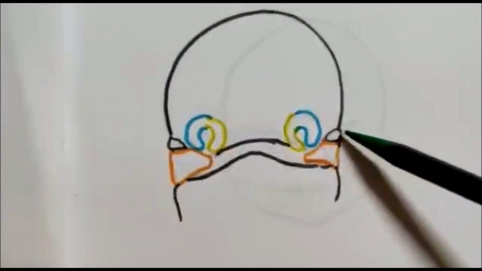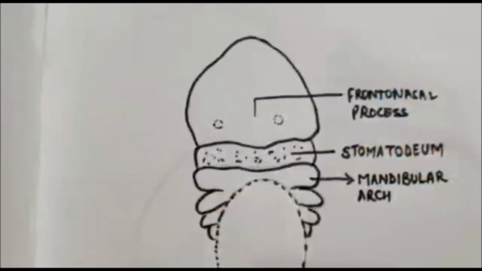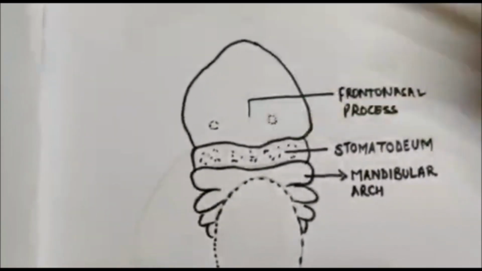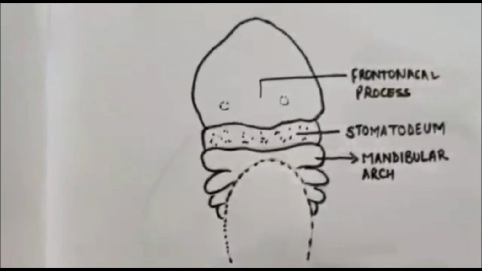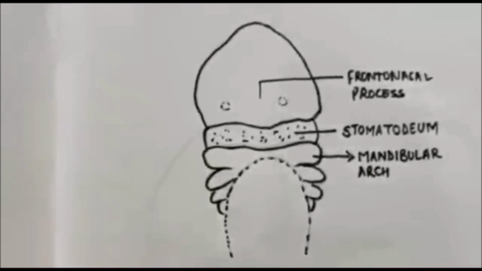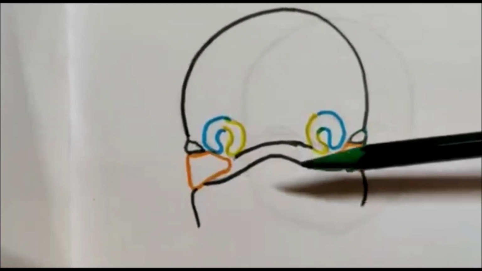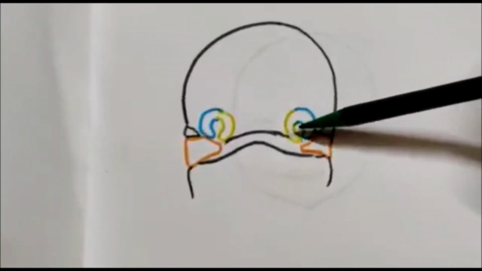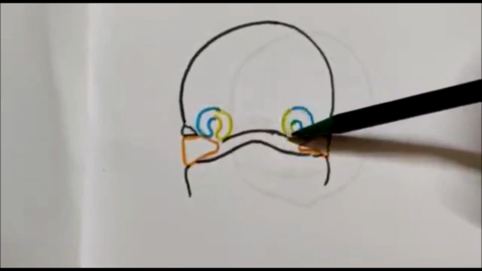At the same time, towards the lateral side, the eye starts developing. The frontonasal process has two thickened areas which are formed by the ectodermal thickening called nasal placodes, and these nasal placodes also appear by the end of the 4th week. And the nasal placodes form the primordia for the formation of the nasal cavity. The nasal placodes later on sink in and form a small depression. Because of the nasal pits, the surrounding frontonasal process becomes prominent and forms the nasal process.